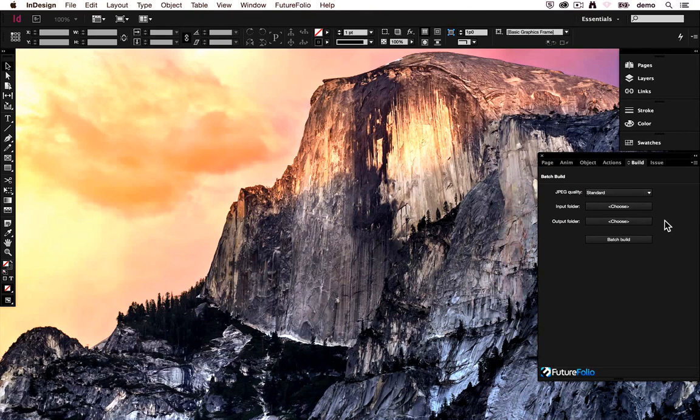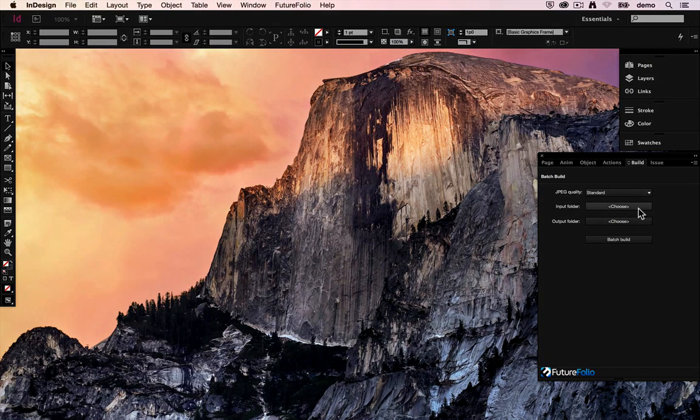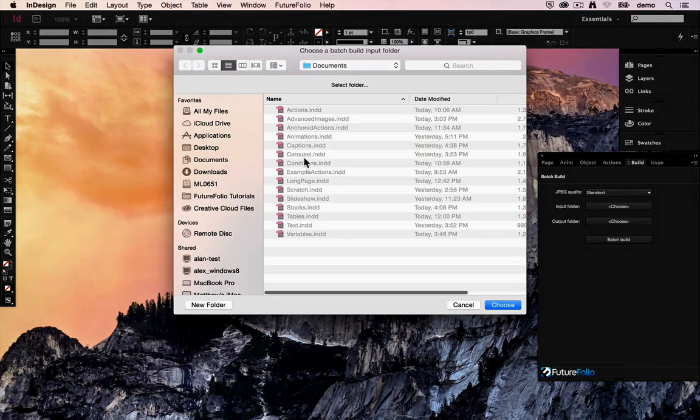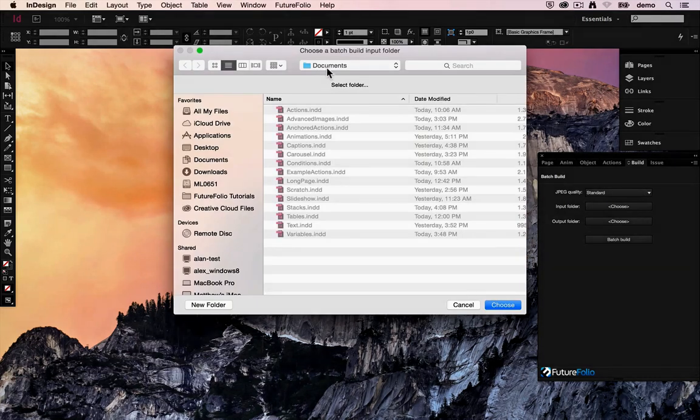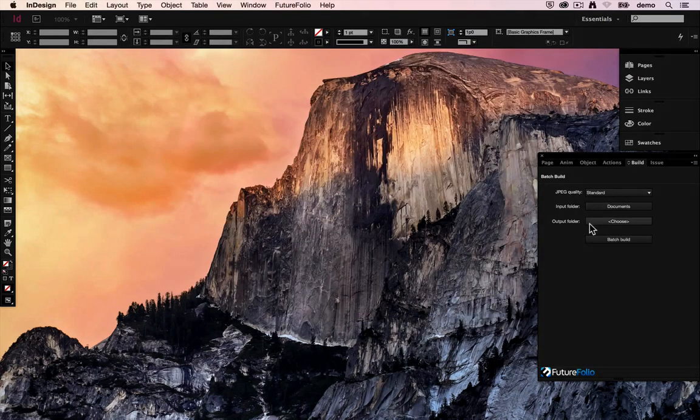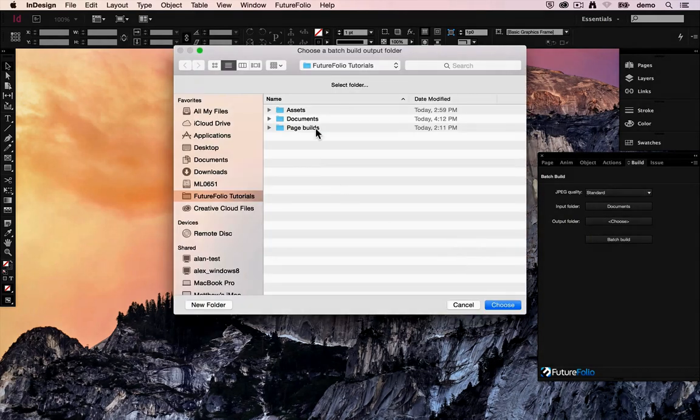So this is really nice if you've got your entire magazine, all of the InDesign documents for it sit within one folder. You then want to rebuild the entire issue, then you choose your folder, and here we've been saving all of ours to a documents folder, so we'll choose that. You would choose the output folder where you want them all to build to. Let's choose our page builds folder,